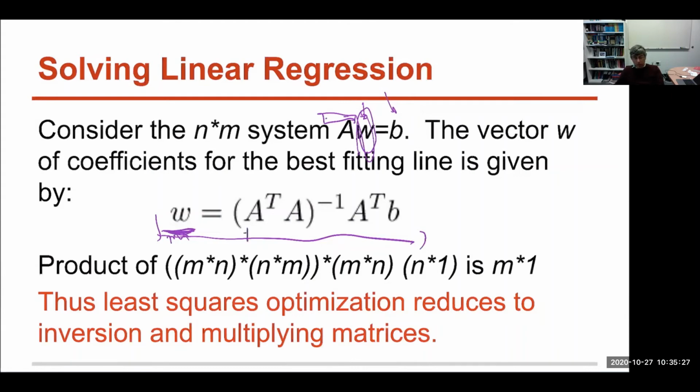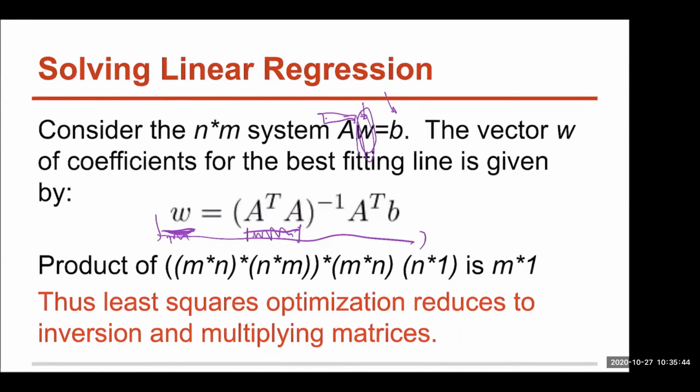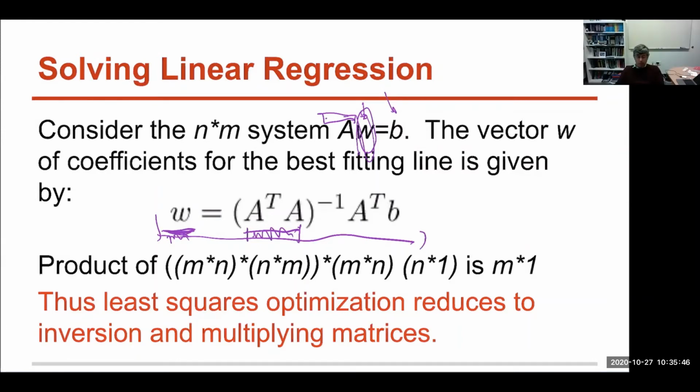If we think about it, what is A transpose times A? Does anyone remember what that matrix is? Have we ever seen that form before? Covariance of features. That's a covariance matrix, right? And if we invert it, basically what we're going to do is compute a covariance matrix, invert it, and then multiply it by the transpose of the points vectors times the y values,